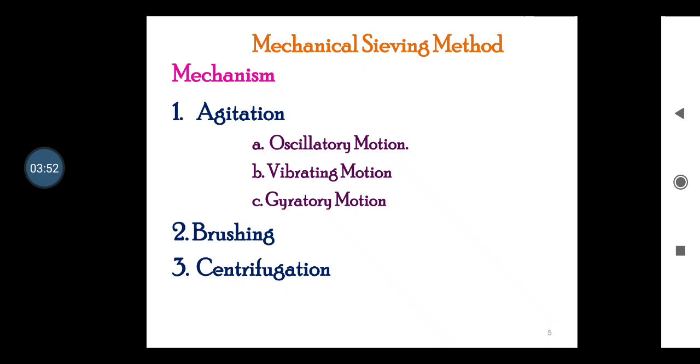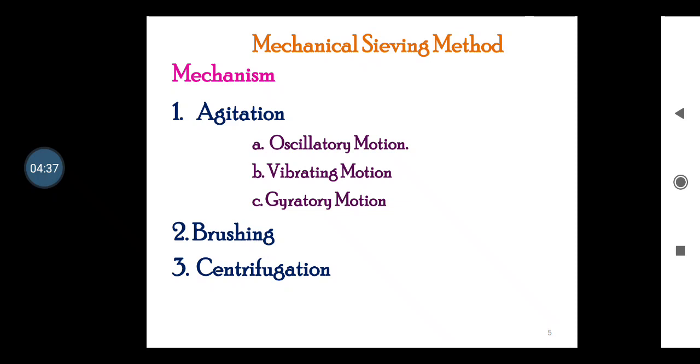This mode of motion involves the vigorous shaking of sieves in different ways, that is, oscillating, vibrating and gyratory. Oscillatory motion: in this type of motion the movement of sieves takes place with the help of a rotating shaft. In this, the sieves placed on the frame are moved in a to and fro motion corresponding to the plane of the sieve. The second one is vibrating motion. In this type of motion, the material is placed on the sieve, which is then subjected to high speed vibration by employing either an electrical or a mechanical device.